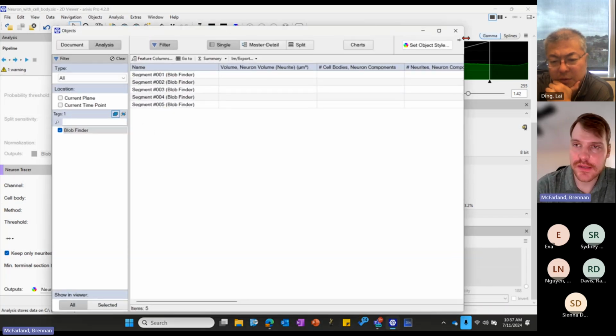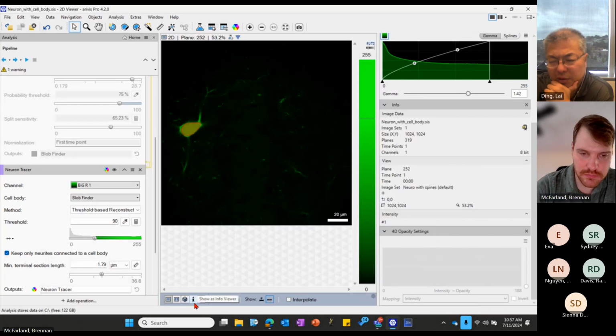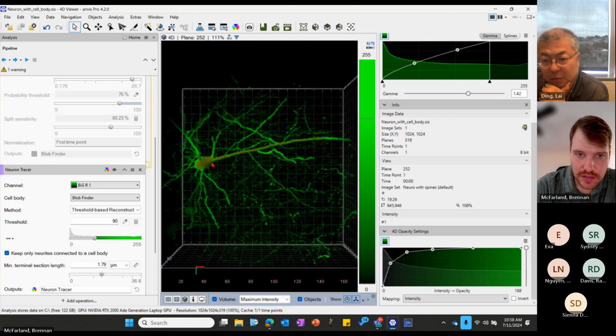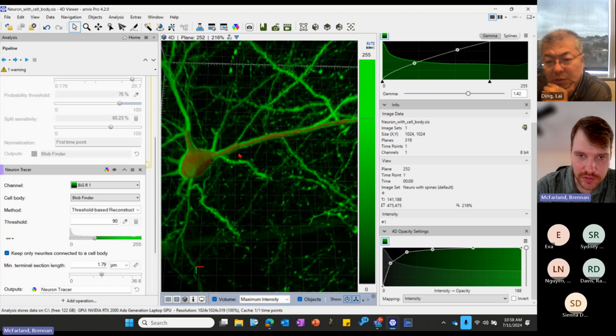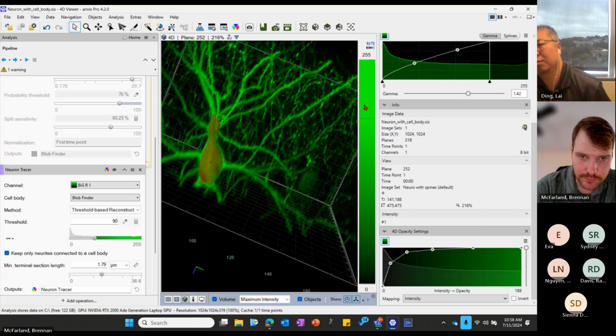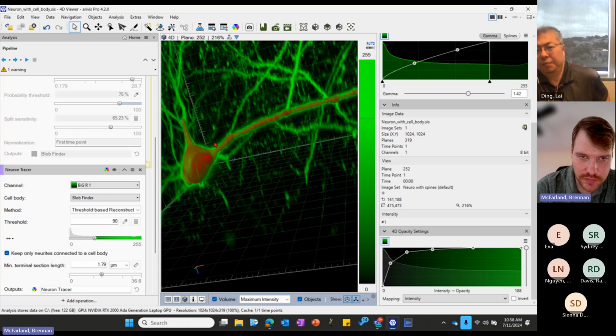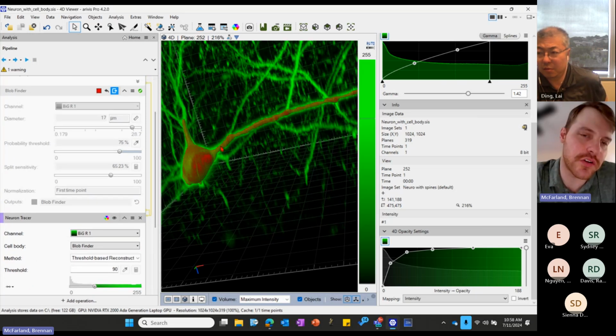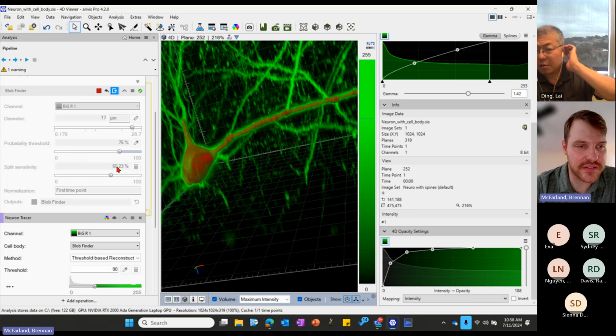There we go. All right, so we got more than one blob, and that is not what we wanted. So one of the things we can do, I'm not going to rerun it just because it took a little bit of time, and I don't want to spend that time again. But what I would have probably just done is lowered the split sensitivity,